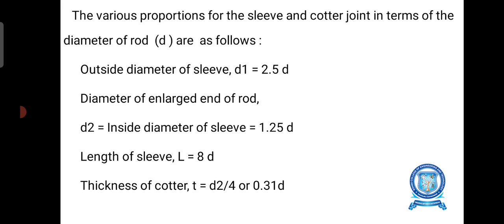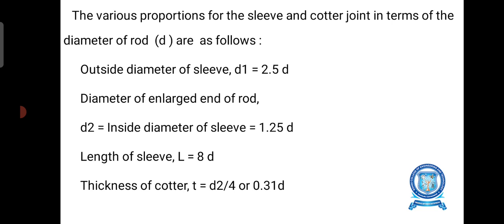The various proportions for the sleeve and cotter joint in terms of the diameter of rod are as follows. Outside diameter of sleeve D1 equal to 2.5 D, right? And the diameter of enlarged end of rod D2 equal to inside diameter of sleeve equal to 1.5 D. Okay, then length of sleeve capital L equal to 8D. Thickness of cotter small t equal to D2 by 4 or